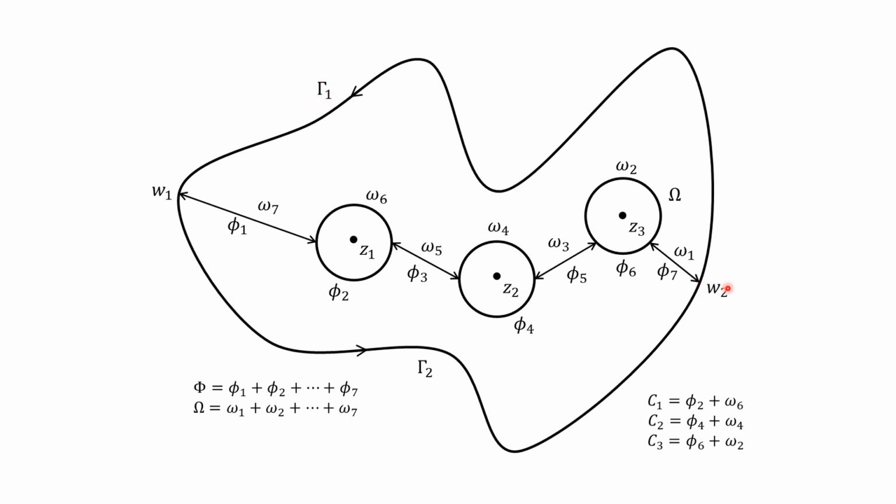We're going to replace that with a contour omega sub 1, then omega sub 2, which is a part of a circle, omega sub 3, then another part of a circle, omega sub 5, another part of a circle, omega sub 7. And by the deformation invariance theorem, the integral over gamma sub 1 and this